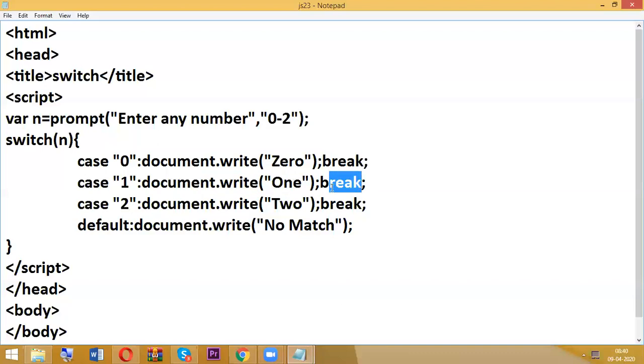That's the reason break. Suppose if user enters 2, then value is 2 and it is going to execute, okay,